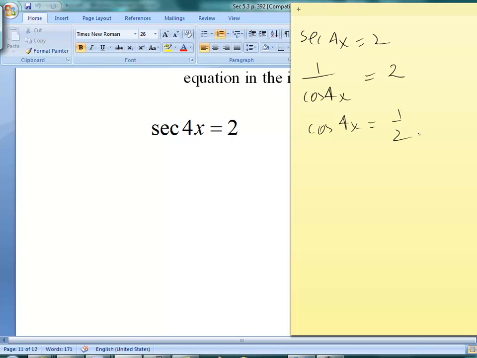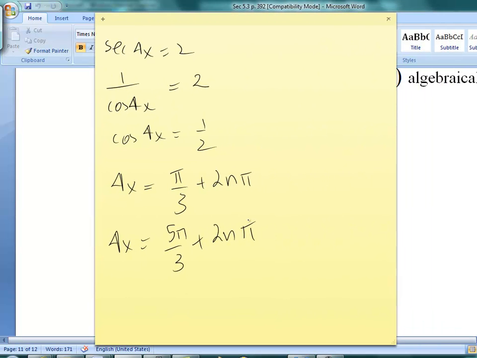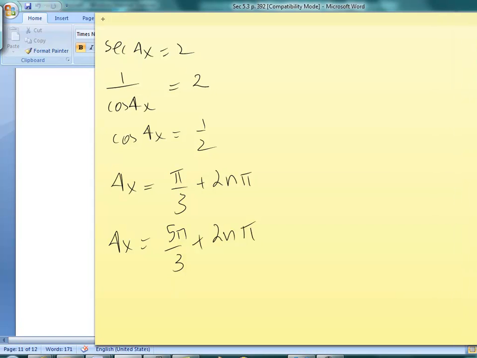So again, I dig into my friends table, and I get 4x equals pi over 3 plus 2n pi, or 4x equals 5 pi over 3 plus 2n pi. I'm skipping the idea of how I go from the friends table to come up with these answers, because I'm hoping and expecting that you become experts at this by now. I keep telling you that the 3 things that you really need to know about the trig stuff is,